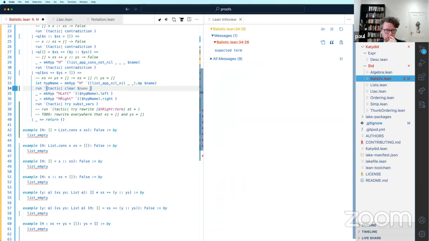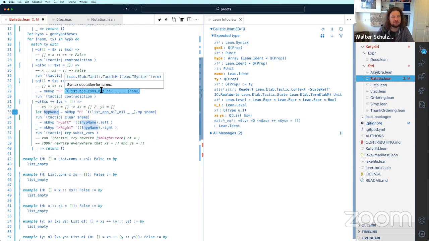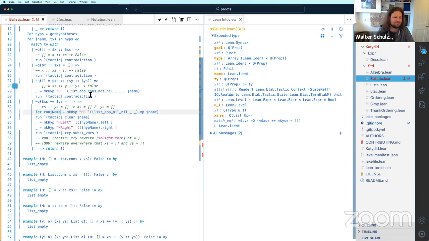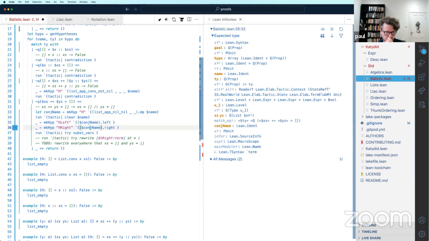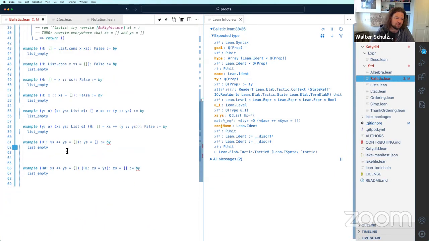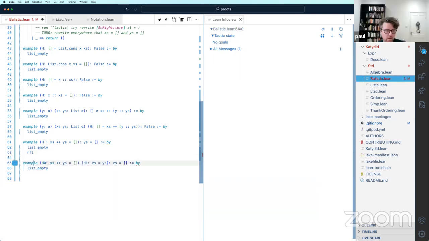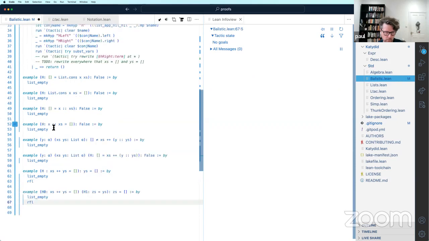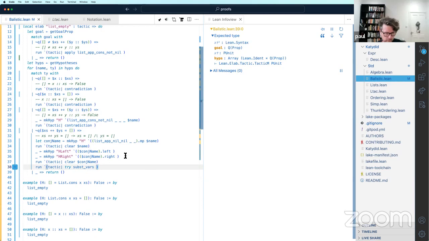Dollar name. So this, name and hype name is very confusing. So let's say conjunction name. And then we can also clear conjunction name and then do subst vars and then rfl. Nice.